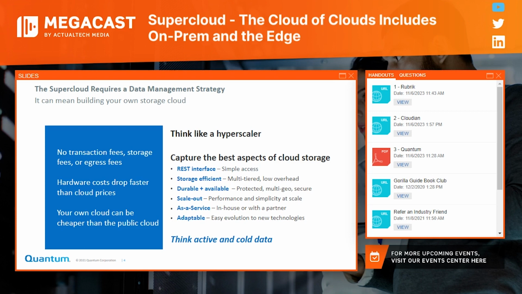And the last thing I'll say that's very important is to be adaptable over time, right? Think in terms of technologies that are going to allow you easy evolution by having a software abstraction layer that allows you to migrate forward in terms of the capabilities of the hardware resources under that software layer, that's going to allow you to be adaptable over time. Next slide, please.